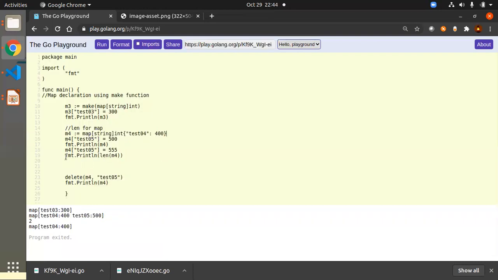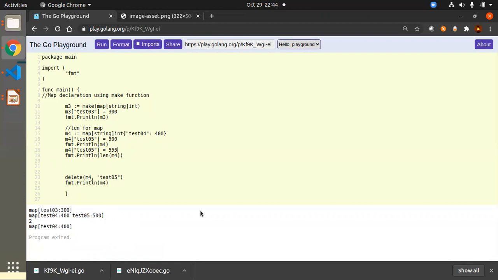And then after, we are just printing the length of the M4. That is showing 2. It will have only the length of 2, that's the reason you are getting 2. Okay, fine. Then here, you might think M4 test05 555 I'm adding, but why is it not reflecting? Because it looks like adding, but you are not adding, actually you are updating.